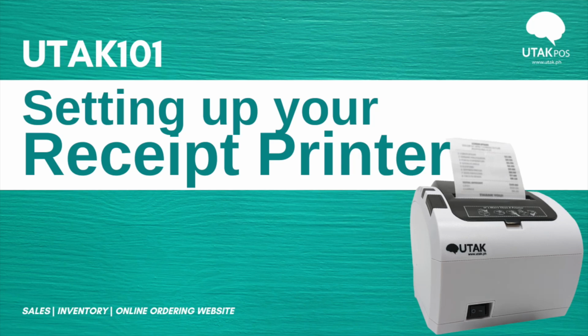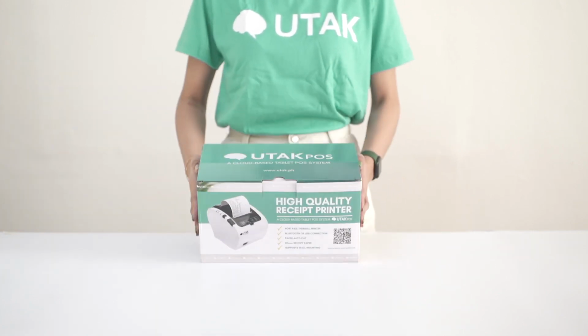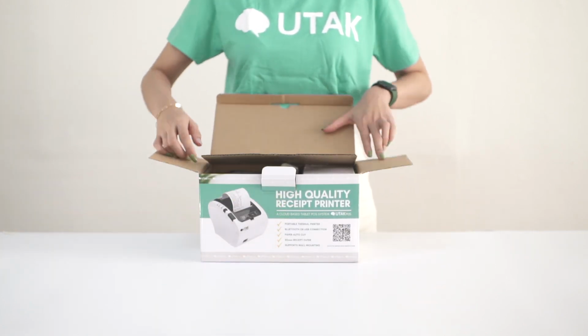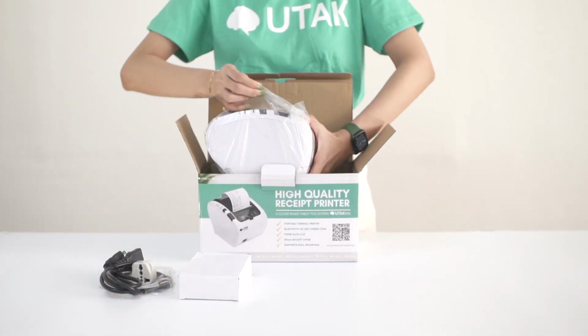To UTAK POS. Let's talk about hardware. Other than your tablet, you'll need a printer. For UTAK POS, we specifically use Bluetooth thermal printers. In this video, we'll show you how to set up a receipt printer that would print out multiple reports from